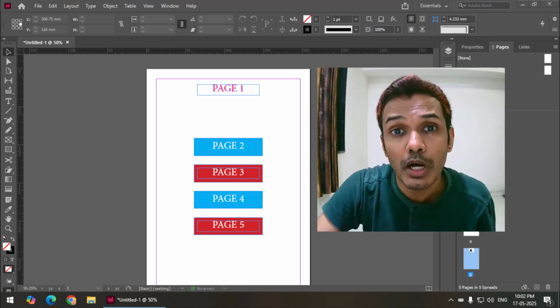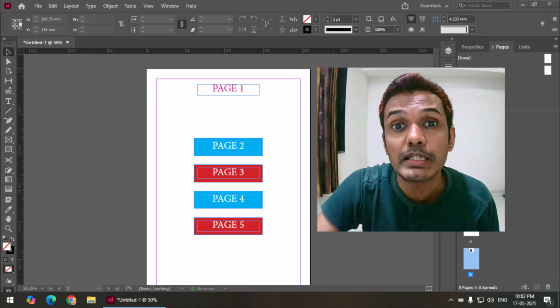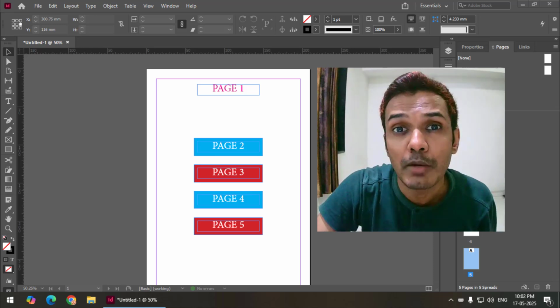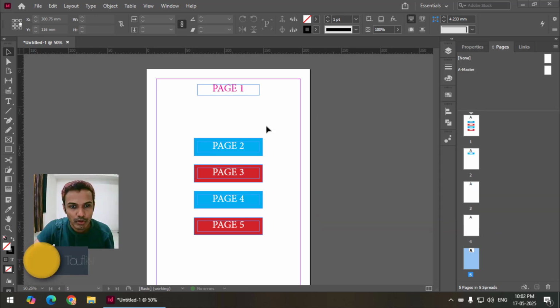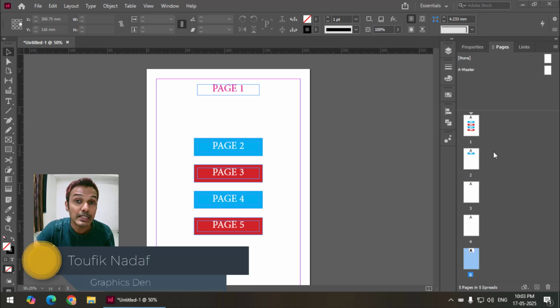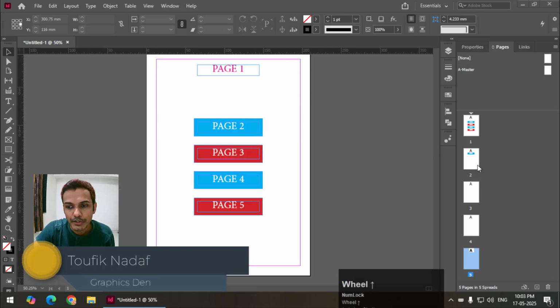So in this video, I'm going to show you how we can create hyperlinks in Adobe Illustrator. I will show you both internal and external hyperlinks. So let's get started. So I have created this document consisting of 5 pages, as you can see over here,